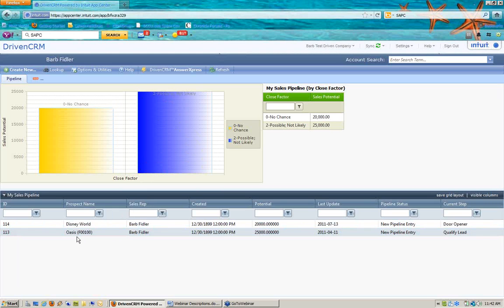Now, to update that pipeline entry a little bit further, I've worked with Mickey Mouse some more. I've done some further qualification of him. I'm ready to move him on to a next step and add some more information. So speaking of which, I am able to see Mickey's information here. So let's go back and look at Mickey Mouse here